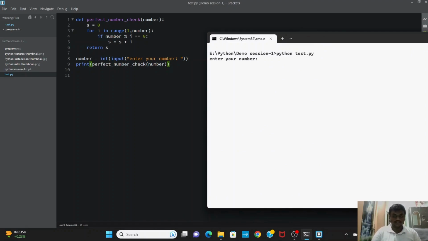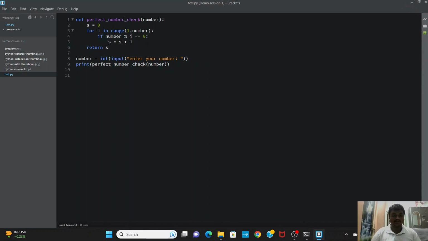Test.py. If you enter the number 6, it takes 6, so we are getting that. We want to check that number. So we are getting